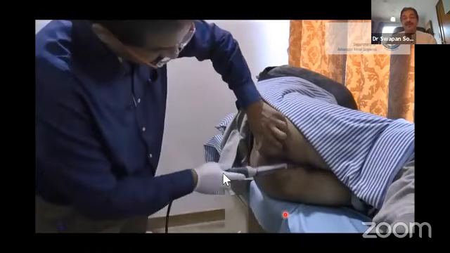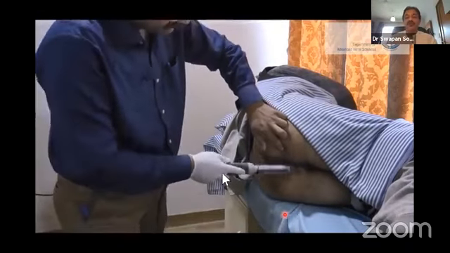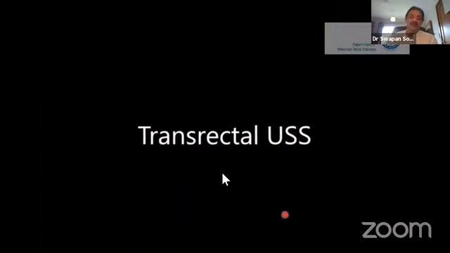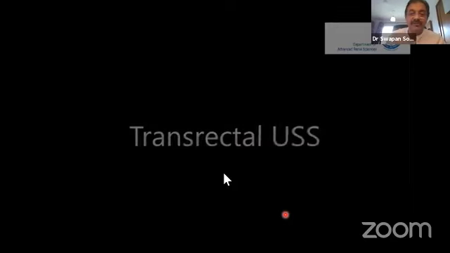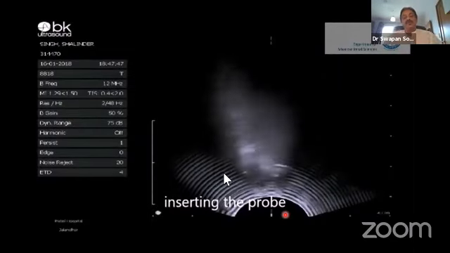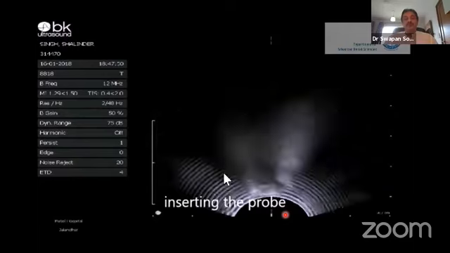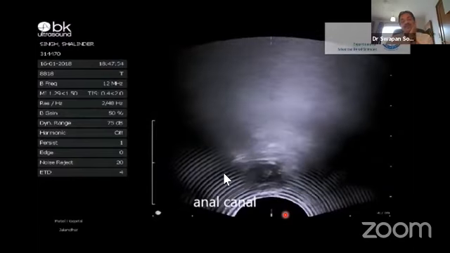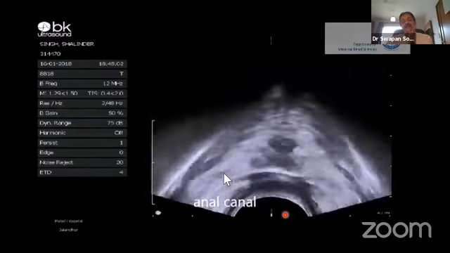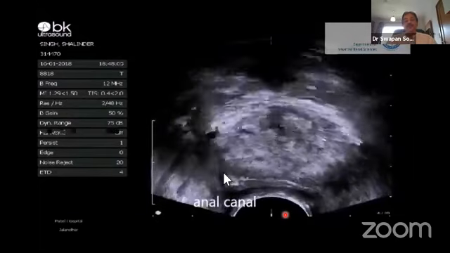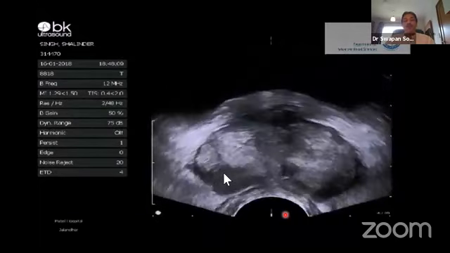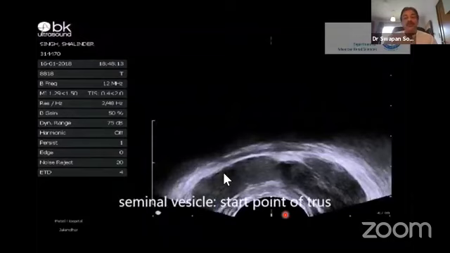The perianal area is lubricated nicely. The patient is usually warned, as it's going to be an invasive experience for the patient. You have to be gentle, and you just insert the probe just like you put in the finger during a transrectal examination. Once you put in the probe, the first thing you are going to see is the anal canal. That's the anal canal right there. And as you push the probe deeper, the prostate appears, and you take the probe all the way inside till you see the seminal vesicle.